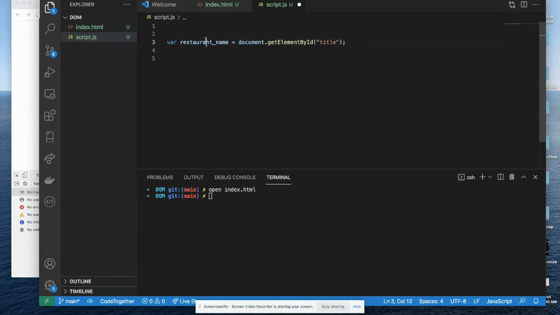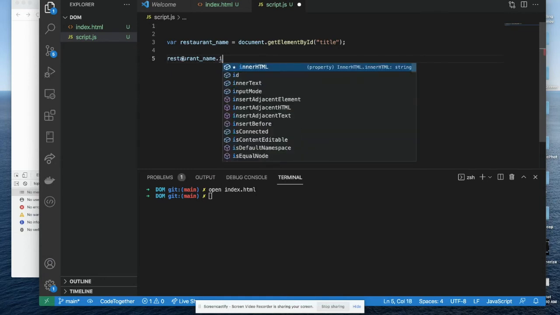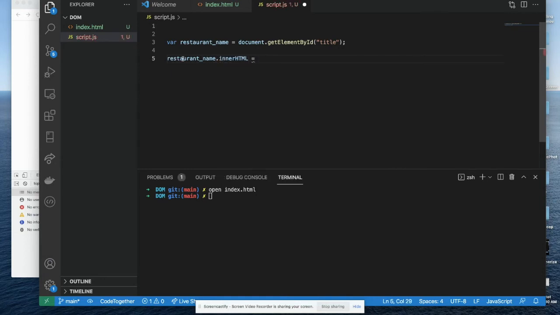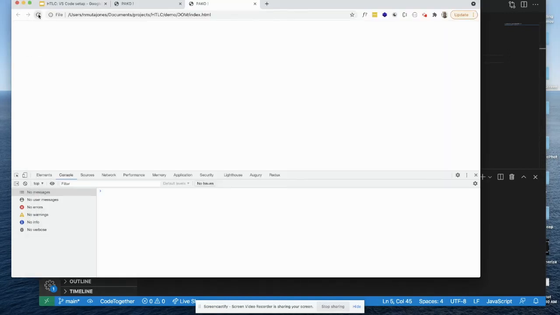So now that we have the restaurant name, we can grab that. We can say restaurantName.innerHTML equals, and then as a string, give it some HTML. We can say h1, and then we can say Paco. So now, when we refresh this,